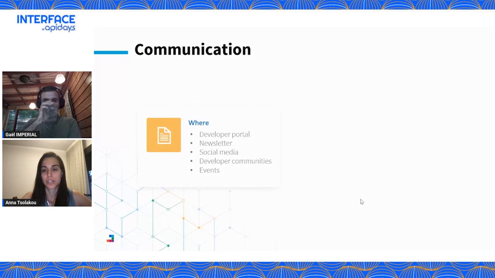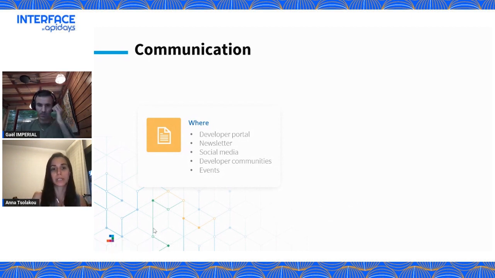When it comes to communication, the first thing that you want to consider is where you're going to do this communication about the API release. The most straightforward one is the developer portal, I would say. You can update your change log there, you can add some banners, and also you can build some blog articles in order to announce the new API. Also, you can build some newsletters that you're going to send to your registered users. Of course, you can as well do some communication through the social media that you are using, such as LinkedIn